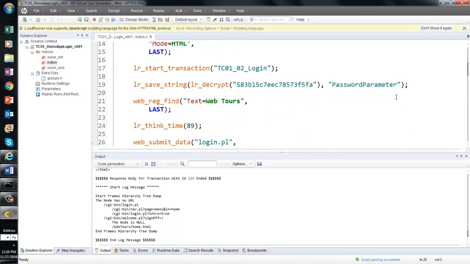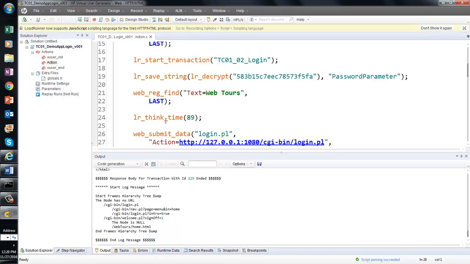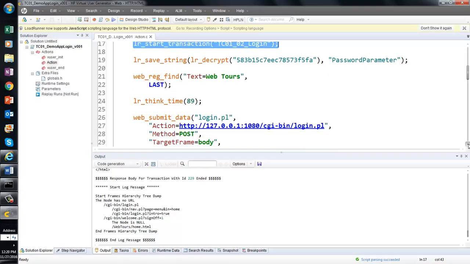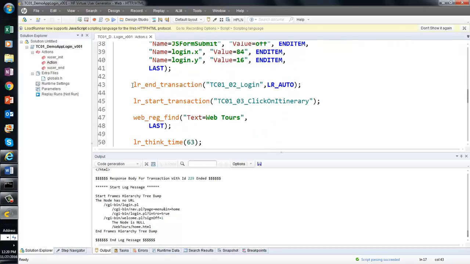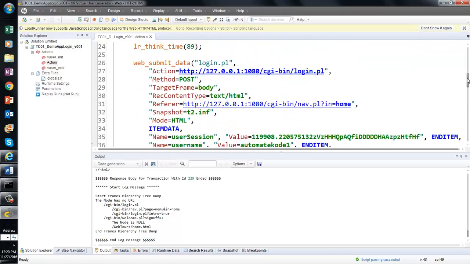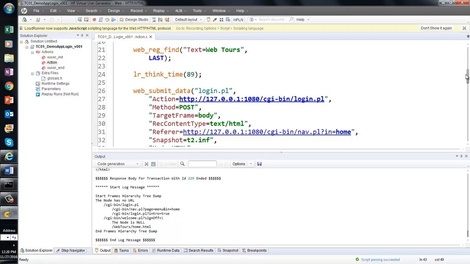First thing I will do, I will remove all of this think time, because, can you see this think time is here in login and login. That means this think time is in between the login transaction. So if you have a think time in between login, what will happen if you execute the test? Login will come 89 seconds plus however many seconds it takes for login, that will be added to that 89